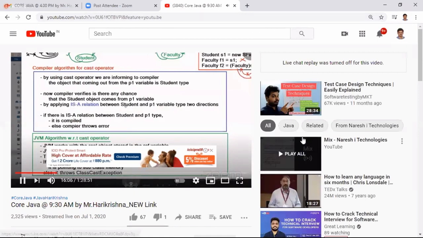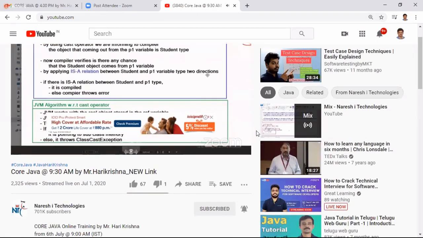Okay, it is applying the IS-A relation between Student and P1 variable type in two directions.